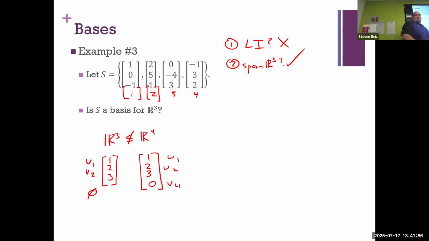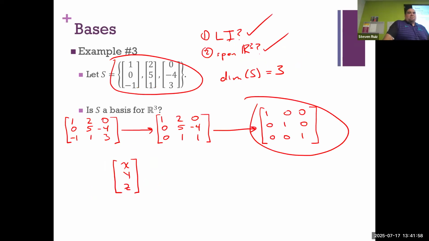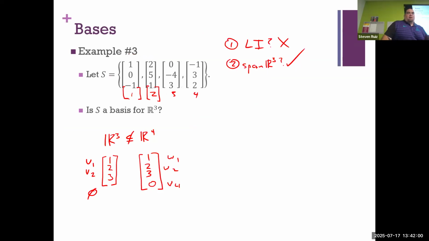So the definition I gave of this R superscript n thing is that this is the set of vectors with exactly n entries, not up to n entries. And I think if you were to allow for that inequality, then you would also have to allow for the fact that you could have like a 2-dimensional basis for R4 or vice versa,